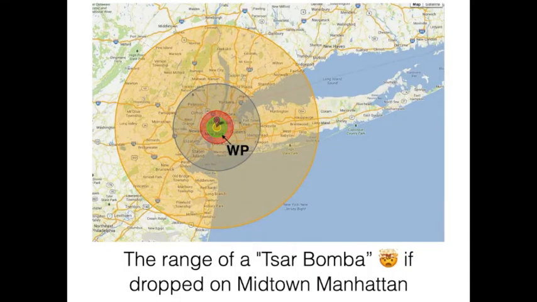This is a diagram of just how destructive the Tsar Bomba would be if it was detonated, dropped on Midtown Manhattan. So you can see the red represents essentially within the red zone, everything would be completely destroyed within an instant. And you can see our school, WP, is actually within that zone, right? We're closer than, for example, further out distances. But you can see if you go further out, even halfway out Long Island, right? All the way up into Connecticut, right? Way up upstate. Out into the suburbs, right? Everything would be destroyed as a result of the Tsar Bomba.